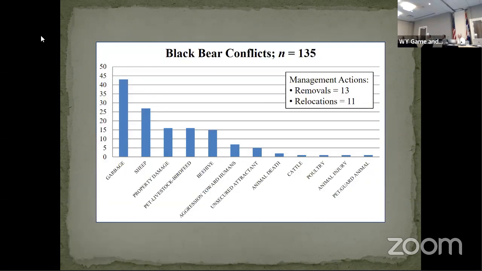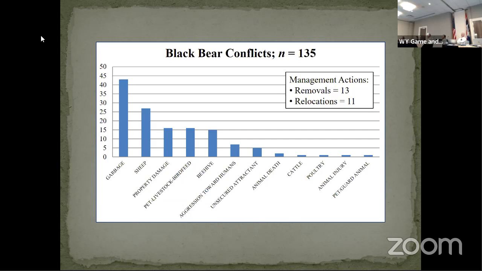So we'll get right into some of the data, and I know you have this in front of you. Most of our black bear conflicts this last year were site conflicts related to garbage, whether it was secured or unsecured. Black bears seek out what we call anthropogenic foods, human-related foods, mostly garbage. They also killed some sheep, which they do pretty regularly, and dog food and bird seed, which is almost always unsecured, is about the next primary reason we get a phone call for black bears being around people's homes. And then, of course, they get into beef farms, which we basically classify as livestock in the state. It's part of our compensation program.